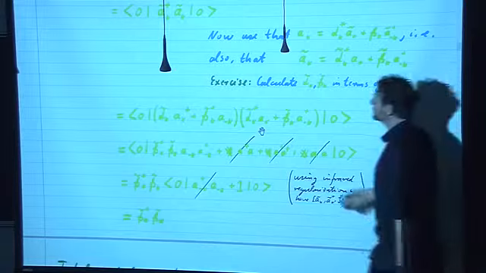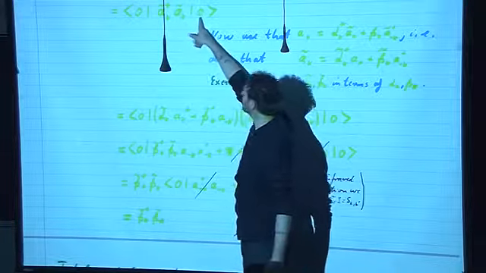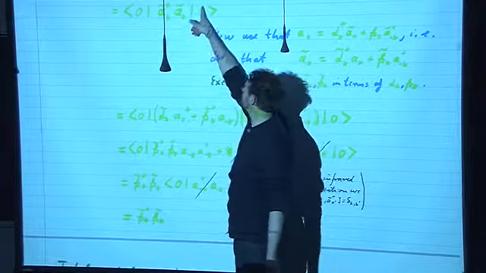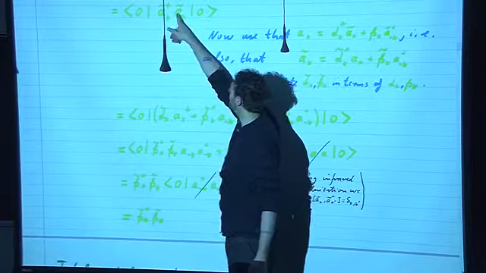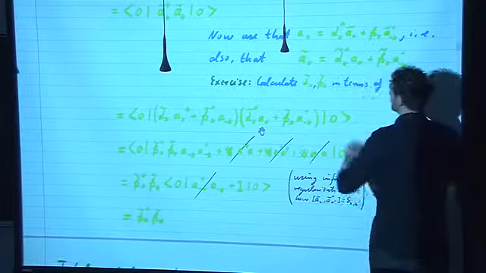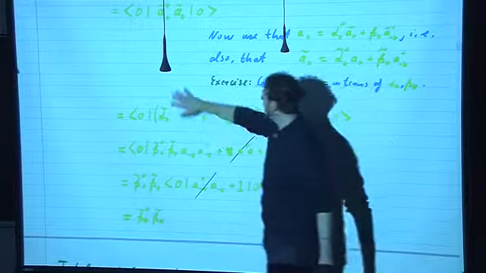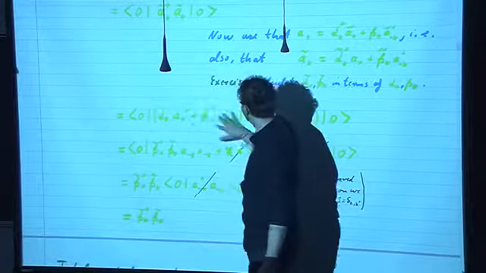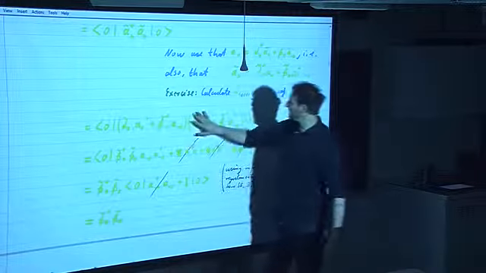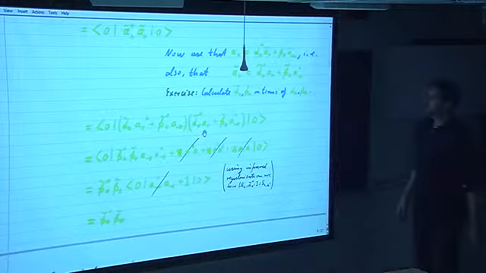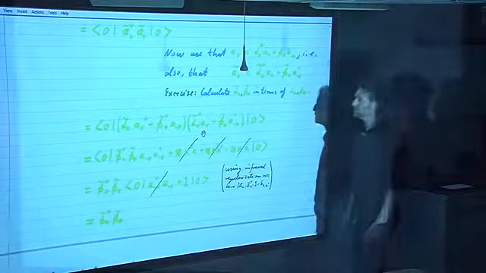That's very useful because we don't know how this thing is acting on that a priori, right? Because this is without a tilde, that's with a tilde. But the Bogoliubov transformation allows us to express the A tilde in terms of these. Okay, so we plugged it in here. We get that this A tilde dagger becomes that expression. The A tilde becomes this expression. And when we work that out, we find out that,